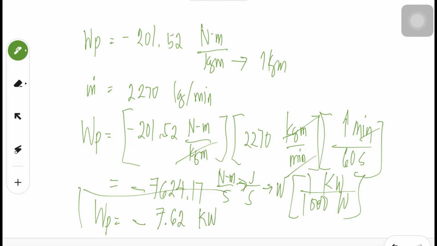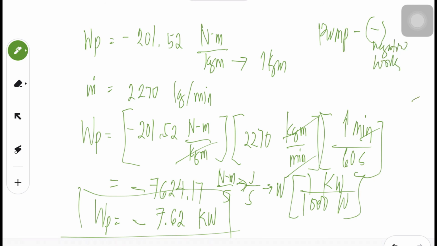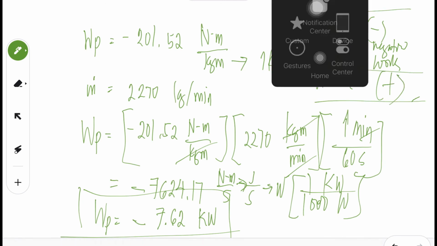So negative yung work ng pump class, it is a negative work. The work done by this is always negative, but the work of the turbine is positive. Okay, this is the difference between the pump and the